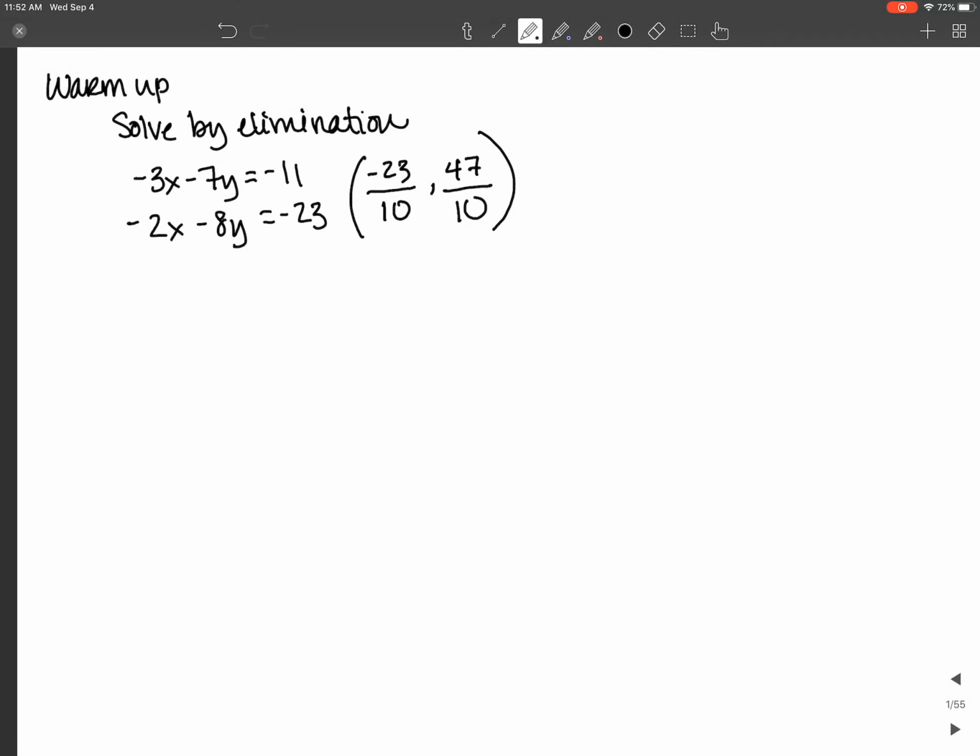Really just because I'm a super nerdy math teacher and I love these things. And it's really going to be the first time that we're going to do Algebra 2 material, which is also really exciting for me. So what we're going to do today is we are going to use elimination